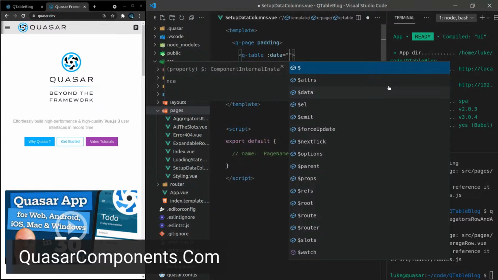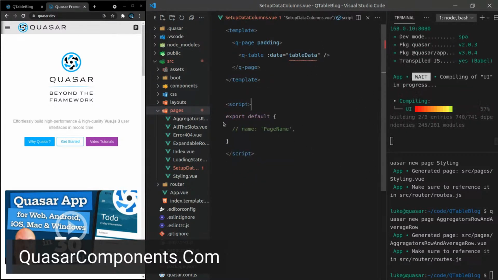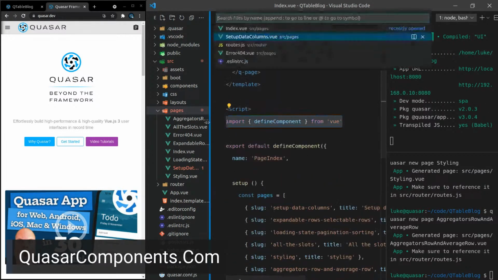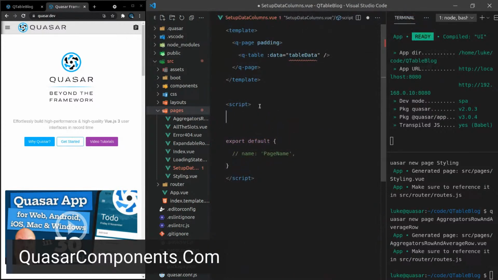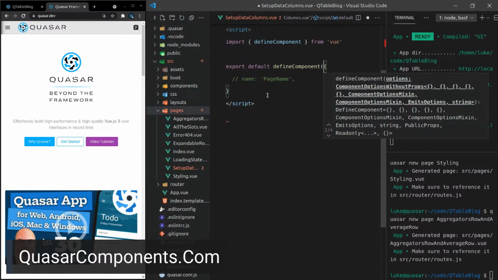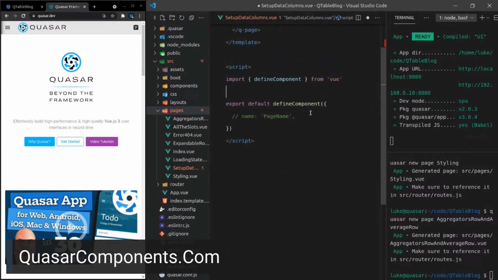So anywho, let's throw some data in here. We're going to have some simple data, and we might call that table data. So it's really easy for people that are looking at this blog post. And it kind of annoys me though that by default I don't get this. It doesn't automatically wrap it in defineComponent. Here I've got defineComponent. That basically just gives me a little bit of extra typing when you do this. That's all that does, by the way, this defineComponent. It just gives you a bit of extra typing with TypeScript, so it's easier.